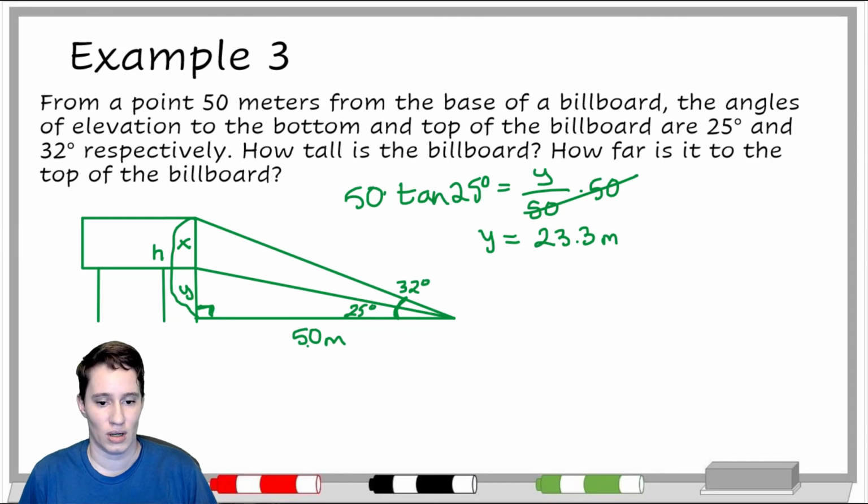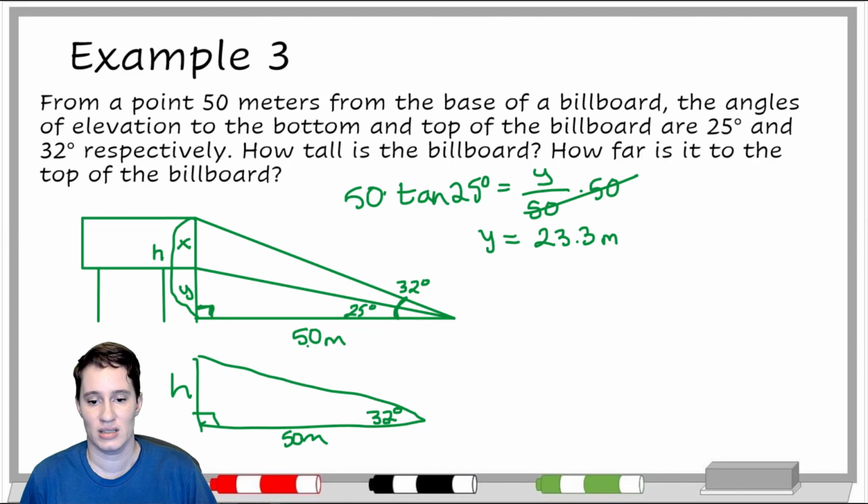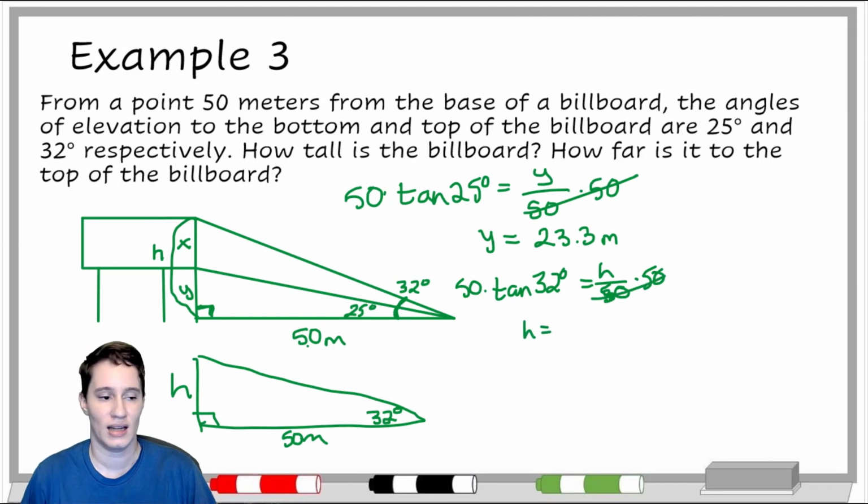Then we're going to do the same thing but with our bigger triangle. So this is where you may be having problems even picturing the bigger triangle because of the way it's drawn. We're saying this would be 32 degrees, this would still be 50, but we're going to get the height to the top of the billboard here. So this would be tangent again, but with 32 degrees now. So we'll do h over 50 and times by 50 on both sides. So the height to the top of the billboard, which was one of the things it asked us to find,